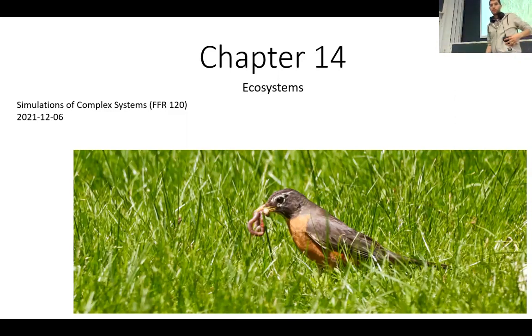This is chapter 14 of the lecture notes, about ecosystems. What ecosystems handle is different kinds of species. Usually the simplest case is one predator and one prey, right? Here you see an example: a bird and a worm. And this, of course, is nowhere near